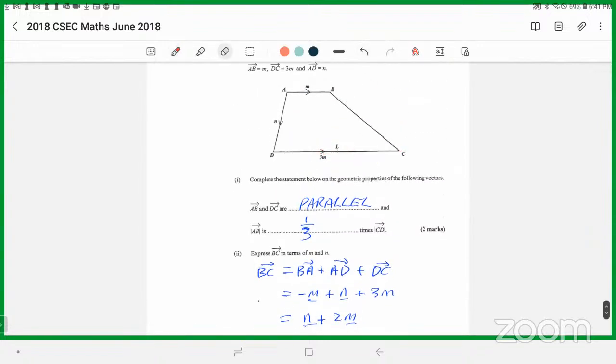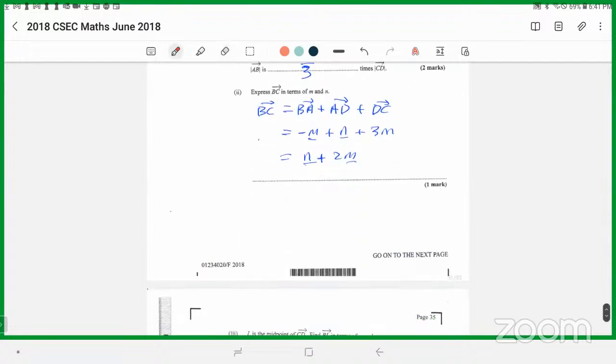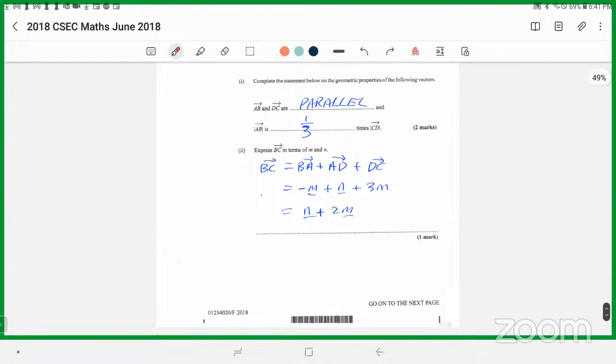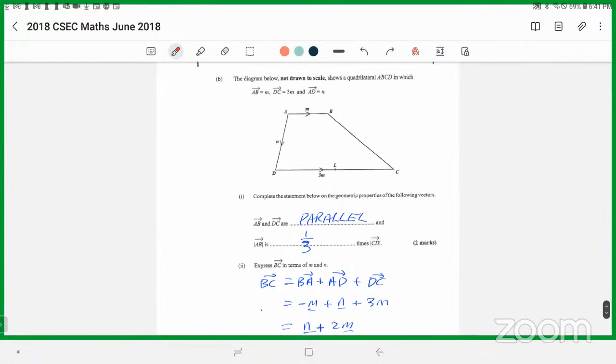All right. What else do they want us to do? It says L is the midpoint of CD. All right, where's CD now? CD is this. And L is the midpoint of CD. But the whole thing is 3m, right? So the whole thing is 3m. It means, let